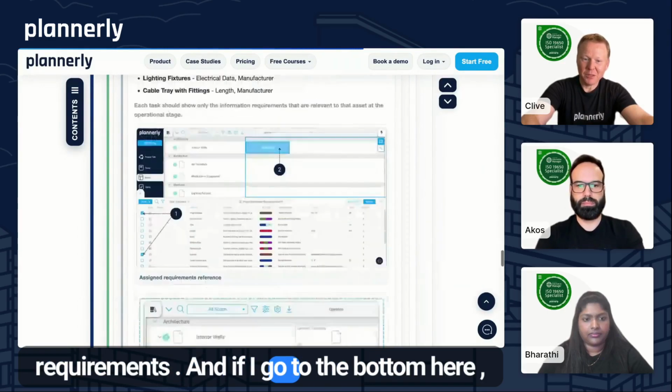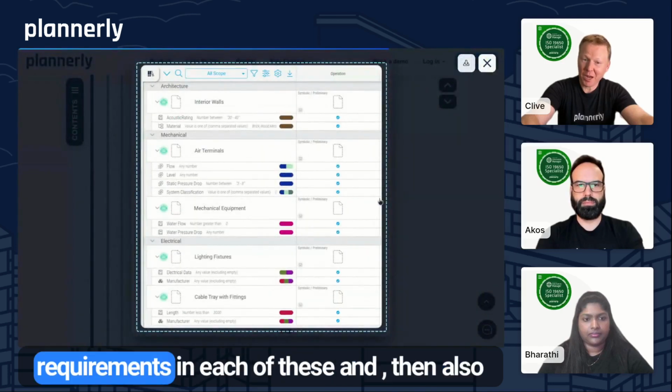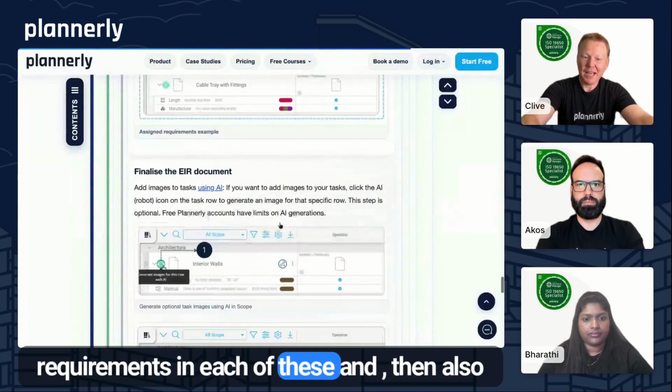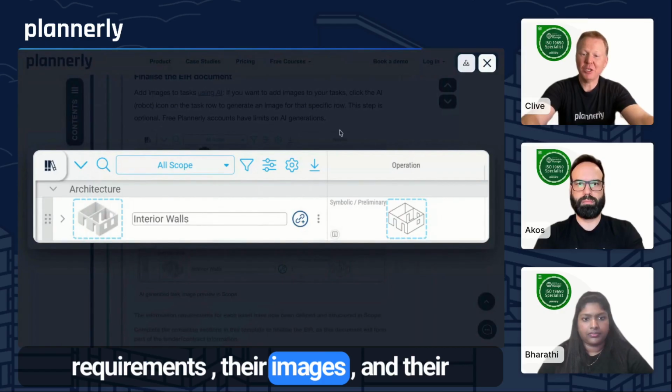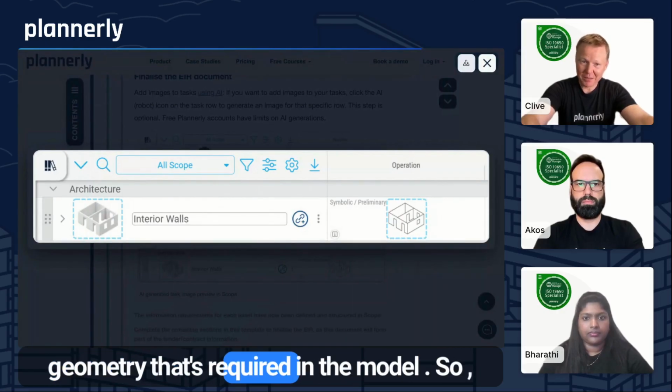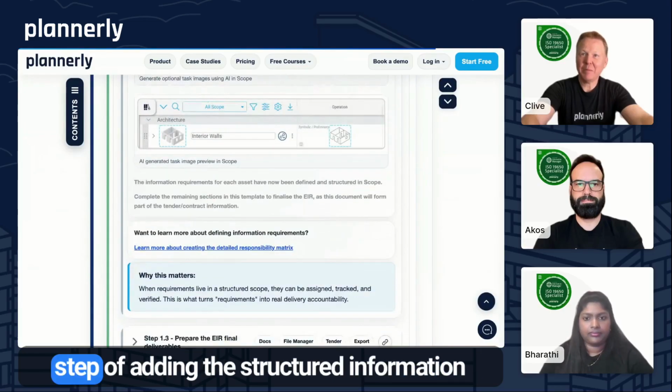And if I go to the bottom here, you'll see that even including the information requirements in each of these, and then also adding, using AI to create some of the requirements, their images and their geometry that's required in the model. So Akash, do you want to take us away with this step of adding the structured information requirements